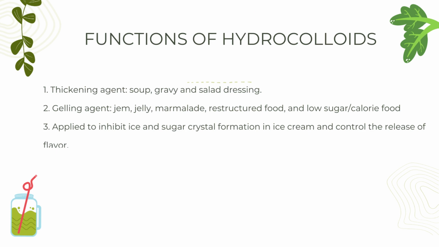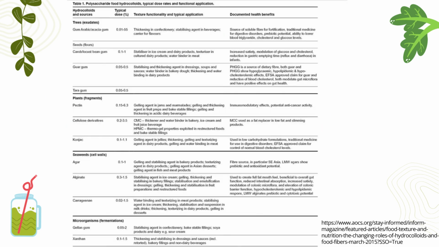Hydrocolloids are used as thickening agents and gelling agents, and they're also applied for inhibiting ice and sugar crystal formation in ice cream and the controlled release of flavors. Since you know that hydrocolloids are fiber, they can slow the release of flavors since they are slowly digestible by our body. Another example is their use in medicines. Whenever a drug or active compound needs to be released slowly, they also use a certain kind of hydrocolloid. Table 1 shows the hydrocolloids and sources, and then the typical amount used in a food